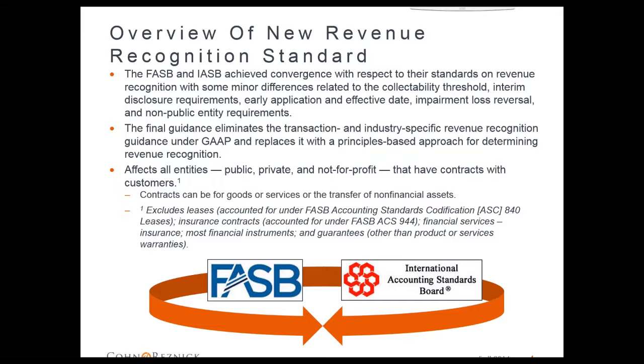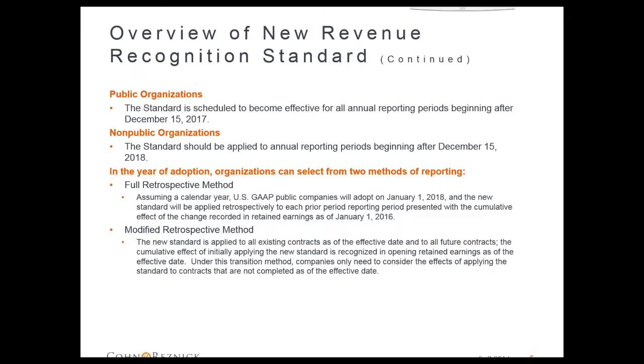Again, while this sounds pretty straightforward, it is important to recognize that the changes can be huge depending on the industry that your company is involved in, as all prior industry-specific guidance regarding revenue recognition is eliminated. Furthermore, the new standard significantly increases the revenue-related quantitative and qualitative disclosures required in financial reporting. The FASB's guidance affects any entity, public, private, or not-for-profit, that one, either enters into contracts with customers to transfer goods or services, or two, enters into contracts for the transfer of non-financial assets unless those contracts are within the